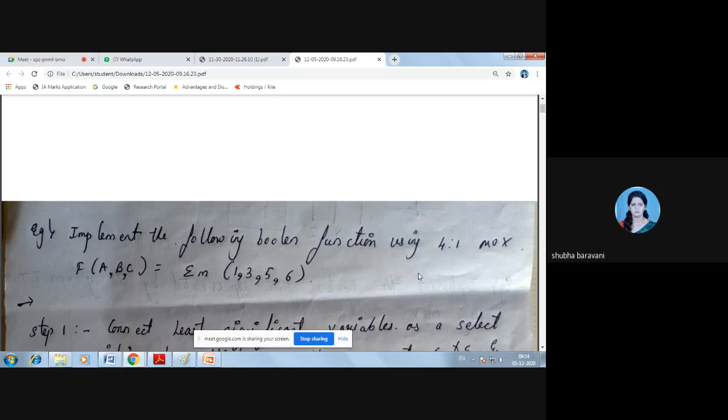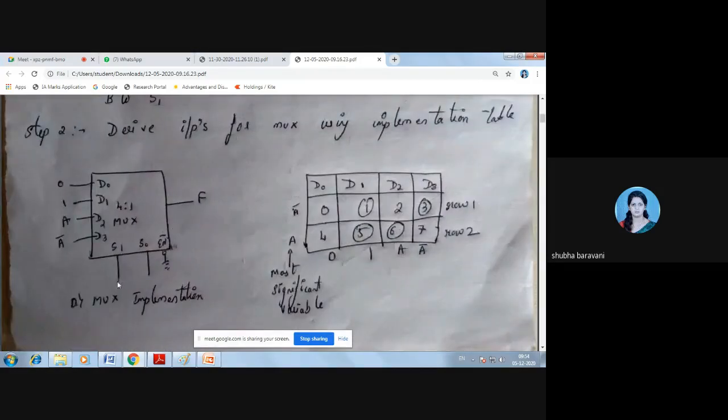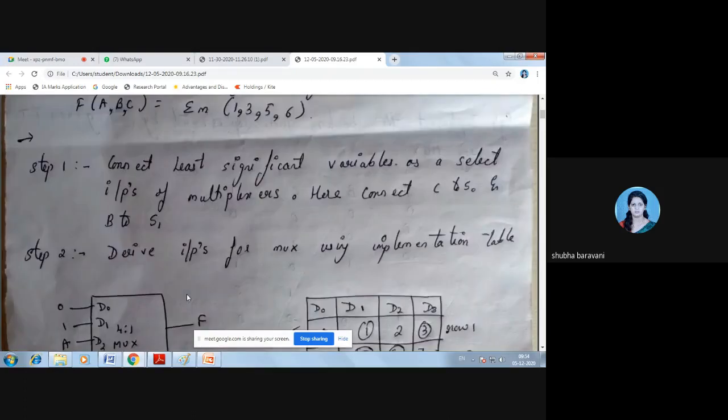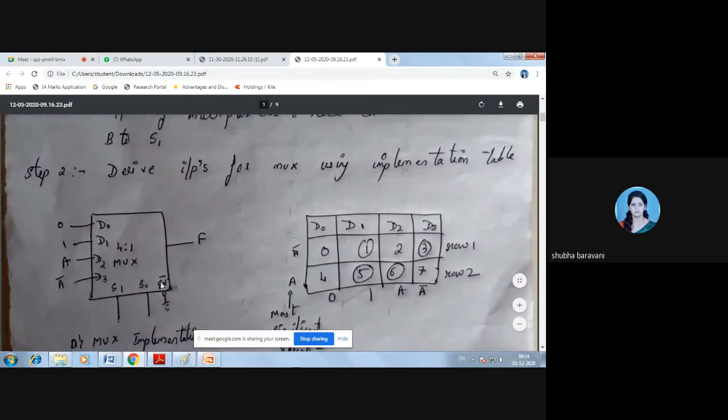So what we have to do in this case is, out of these 3 variables, you keep 2 variables as select lines. I have not written B, C here. Look at S1 S0, here you have to write B and C. Do you understand? Only one variable, A, you keep as the input, so that we configure it properly.